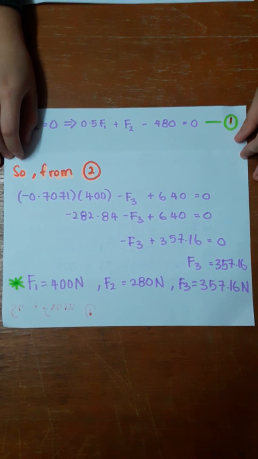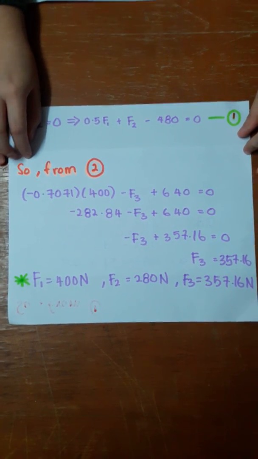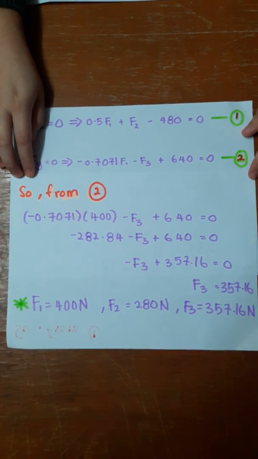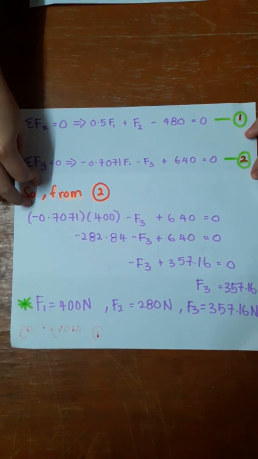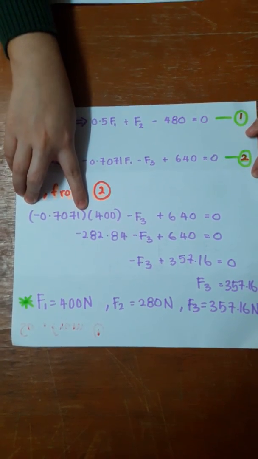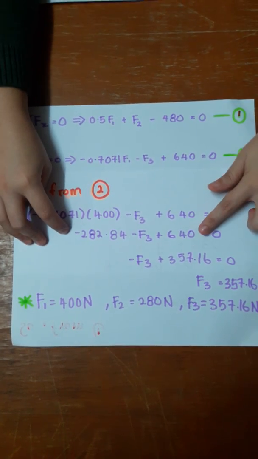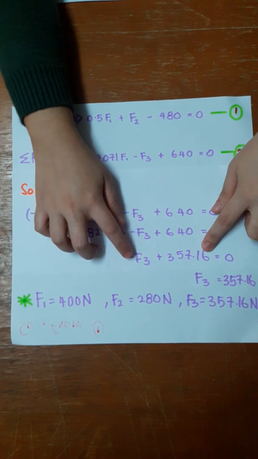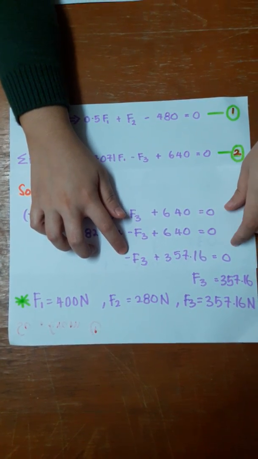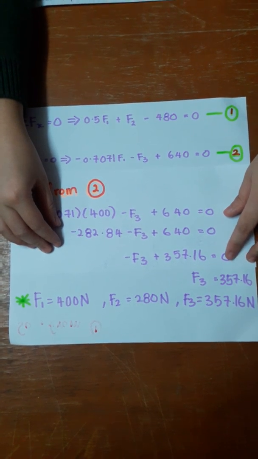Okay, now that we already know the value of F2, what we need to do now is find the value of F3. This can be obtained through equation 2. From equation 2, once again we use the same method, that is, insert the value of F1 and then we will get this value. And then we perform the operation normally again and we will get this value. When we move the negative F3 to the other side, it will become positive. So the final value of F3 is